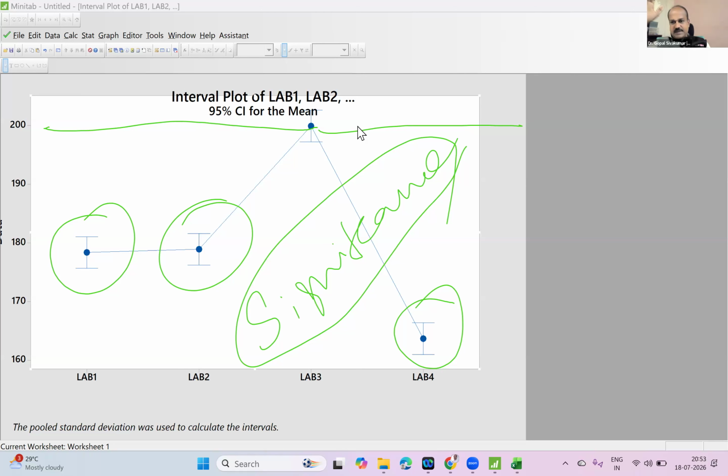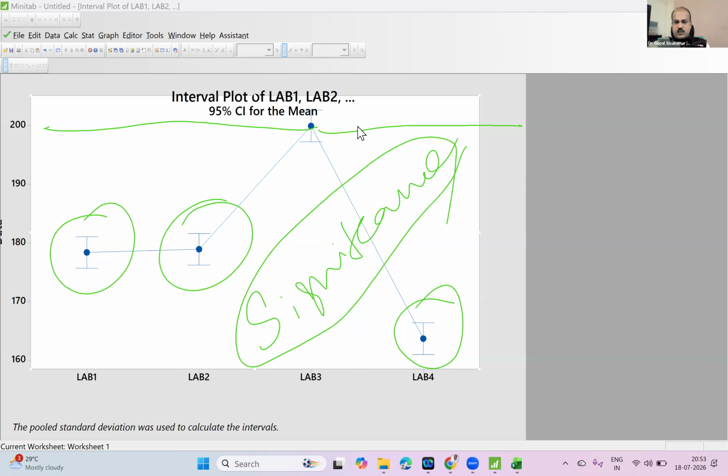Now, as chief of the hospital, what would you like to do? Would you like to take some action on lab 3, or some action for lab 4? Whatever is possible, you can take. For lab 3, maybe some penalty or some fine. Or for lab 4, some rewards. Or you want to be lenient? Yes, laboratory 3 can be put under some training.